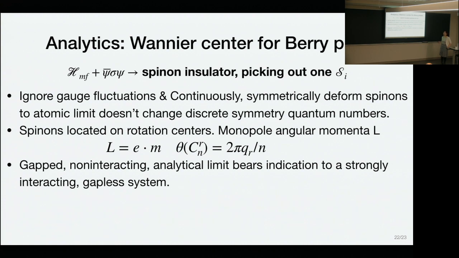In this step, we make several assumptions. First, the gauge fluctuations are ignored. Namely, we are taking the limit of zero gauge coupling, and we assume that by this continuous deformation of the spinon band, provided we always respect the lattice symmetries of our interest during this deformation process, this process won't change the discrete symmetry quantum numbers of the monopoles. So namely, we can deduce the quantum numbers from this atomic limit